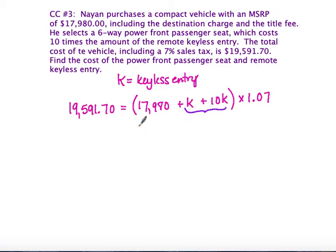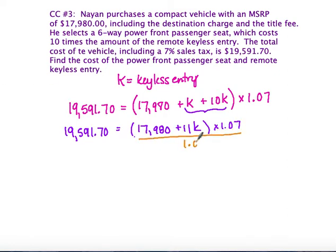So let's start by simplifying that K to be 11K times 1.07 is $19,591.70. Now the first thing I'm going to do is I'm going to get rid of this times 1.07, and I'm going to divide both sides by 1.07. So when I do that, I get $18,310 is equal to